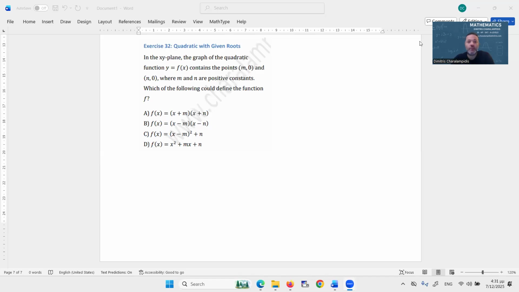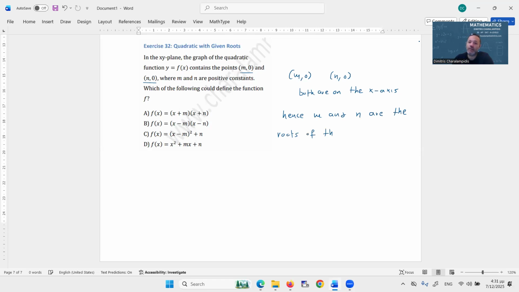Exercise 32. In the xy plane, the graph of the quadratic function contains the points (m, 0) and (n, 0). So, what do we notice about these points? They both are on the x-axis. So this means that practically, m and n are the roots